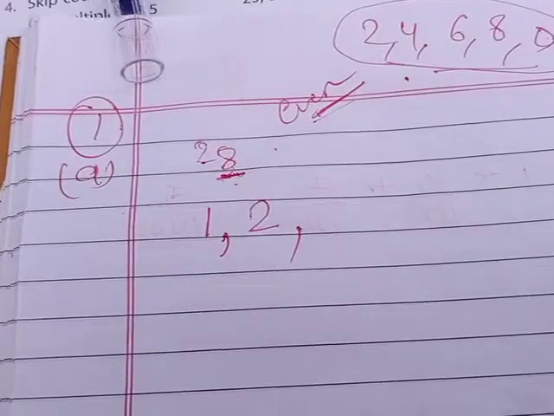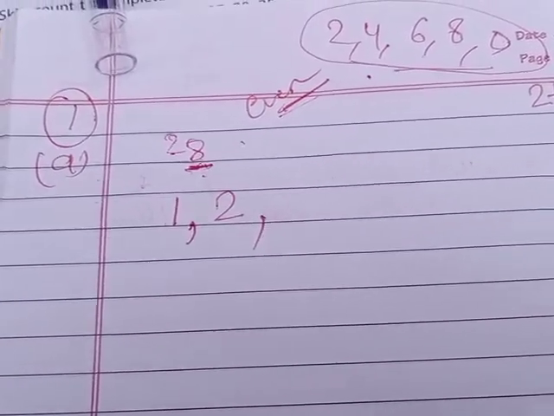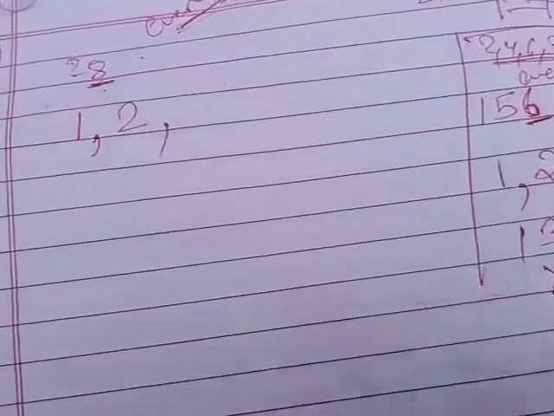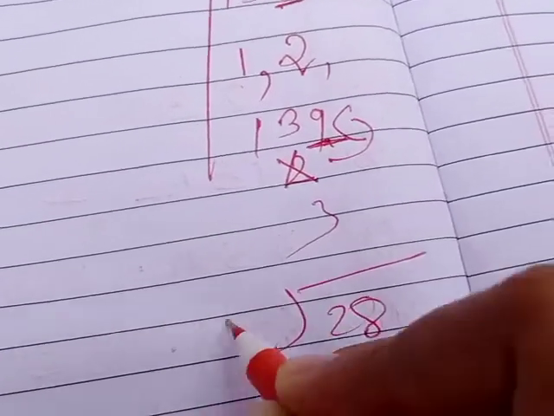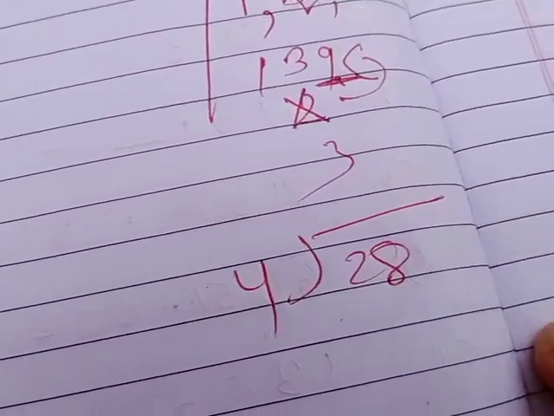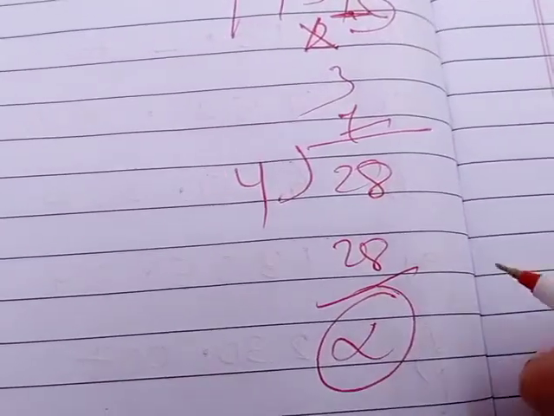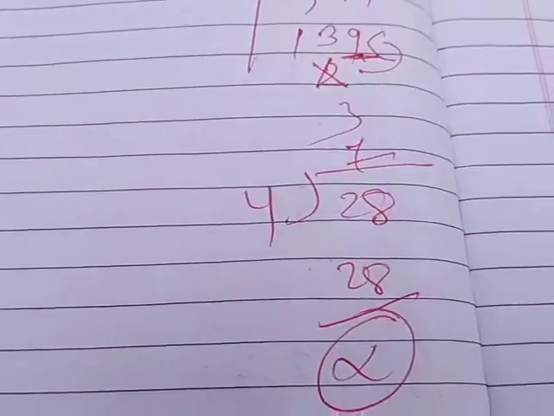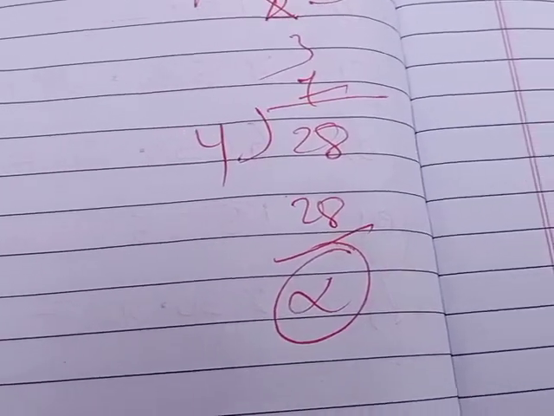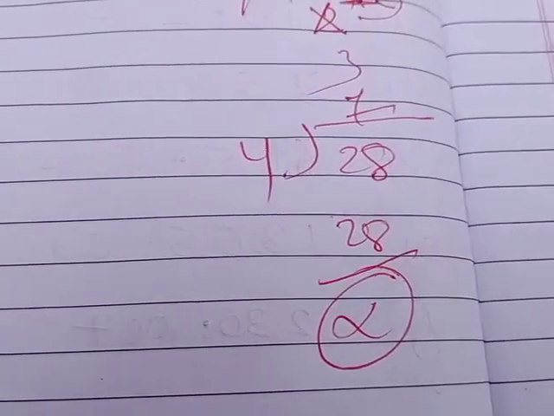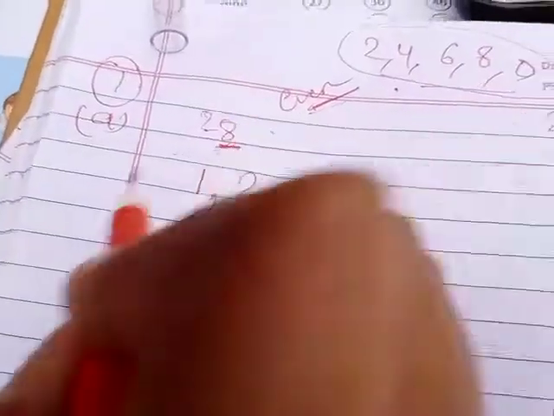The divisibility rule for 4 is not in your syllabus, but we should know it to write the factors. For right now, you just do one thing. The number which is given, 28, you just divide this 28 by 4 in rough. 4 sevens are 28. We get nothing in remainder, 0. I told you yesterday that when there is 0 in remainder, that time the particular number is a factor of the given number.